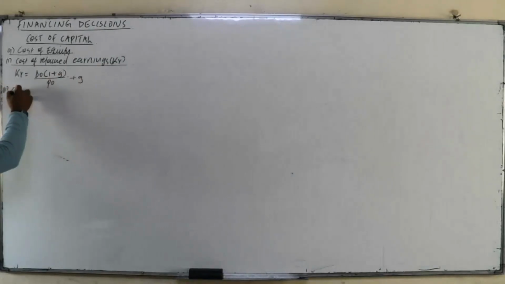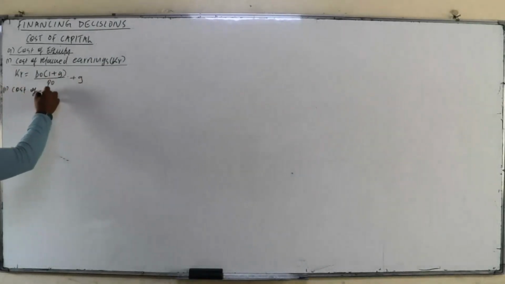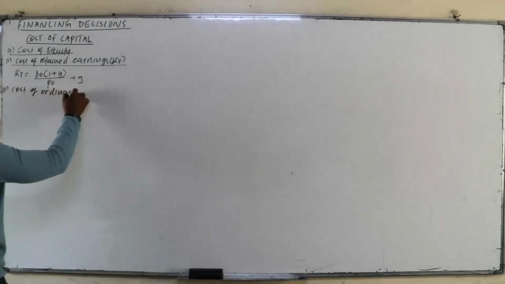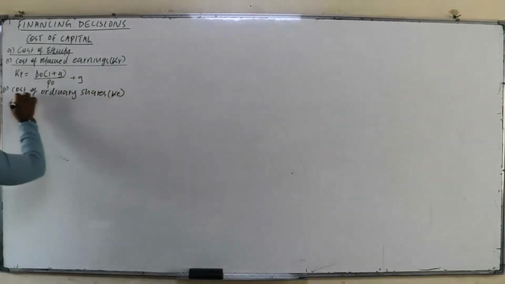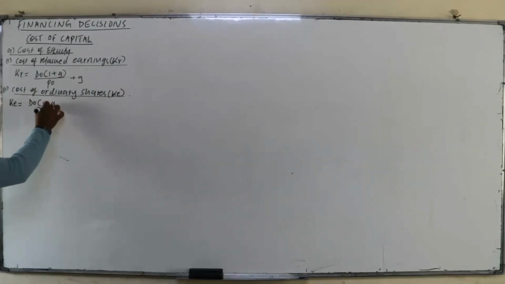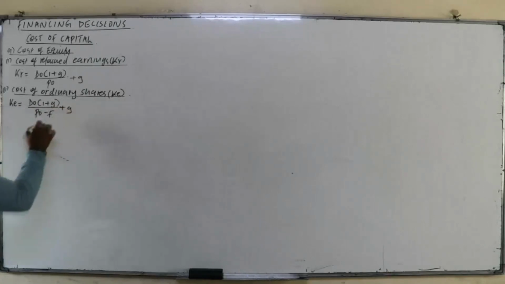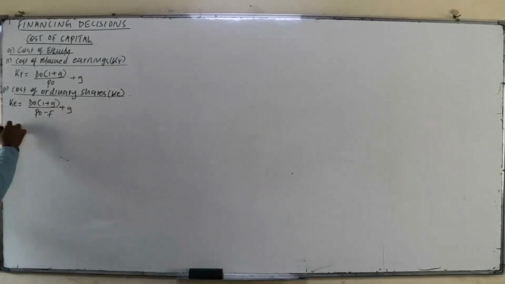Roman 2, we have the cost of ordinary shares, denoted by KE. How do you get the cost of ordinary share? Cost of ordinary share is D0(1+G) over P0 minus F, plus G, where